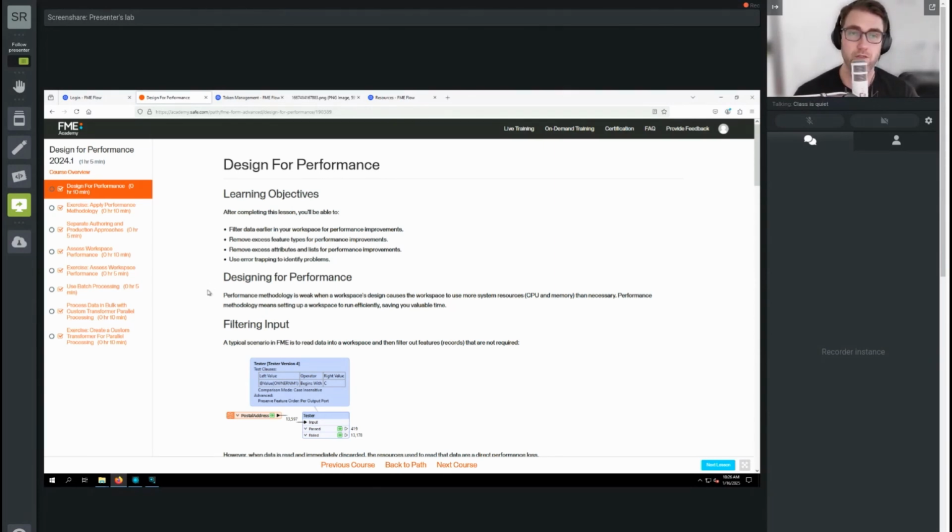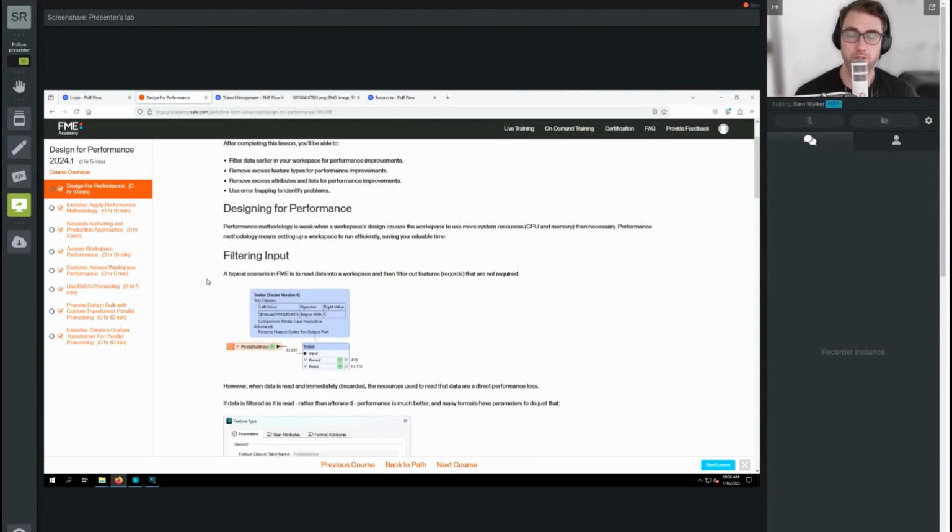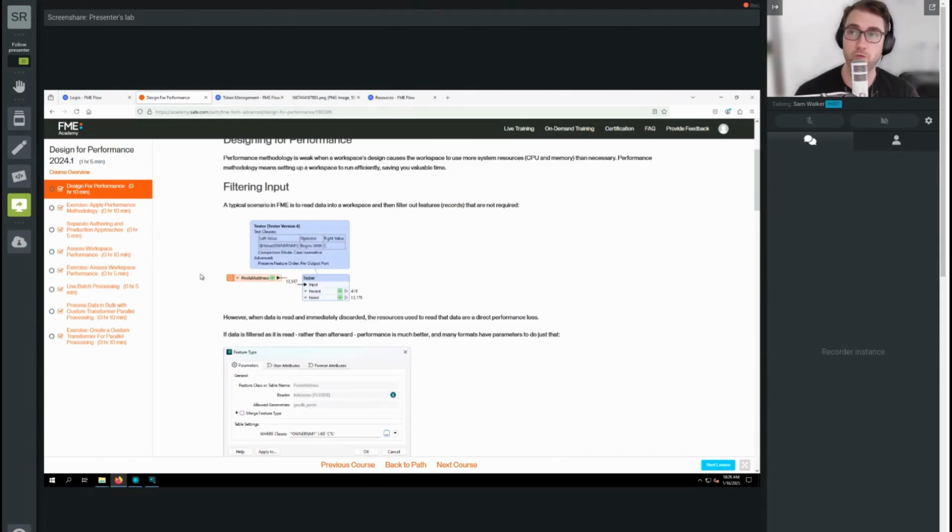So let's start off by talking about performance methodology, some things you should generally do and get in the habit of doing, which will improve the performance of your workspace. One of the first ones is about filtering your input. I think when you're first learning FME, it makes sense to do something like the example shown here. Add a reader feature type, read in all of the data, then use a tester to filter out just the